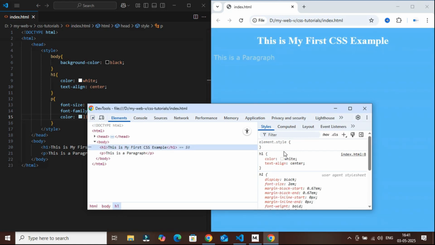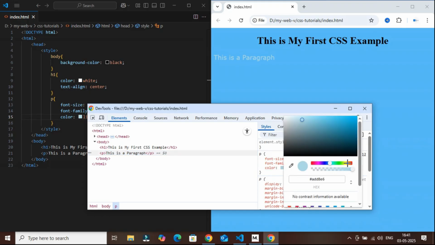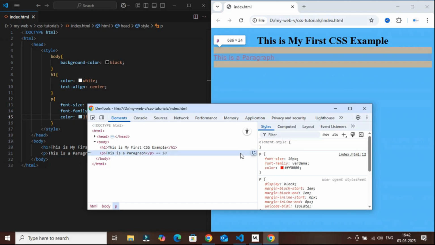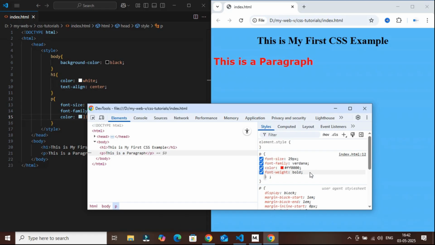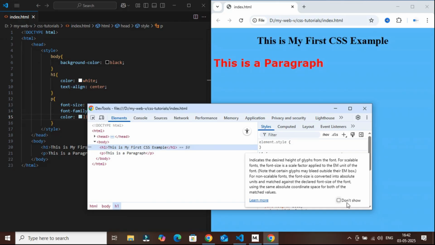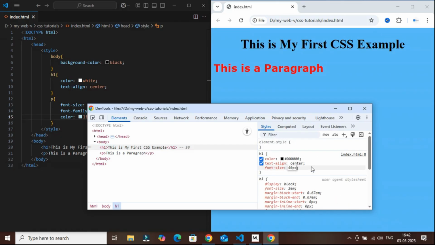To open Inspect tool, right-click on the current page and click on the Inspect option from menu. Then, you can see the properties inside the Styles tab on right side. And on left side, you can see the HTML coding part. After verifying, you can apply these properties to your elements in HTML page. This is only for quick preview, it will not change in your code directly. You have to copy the properties and apply in your files.